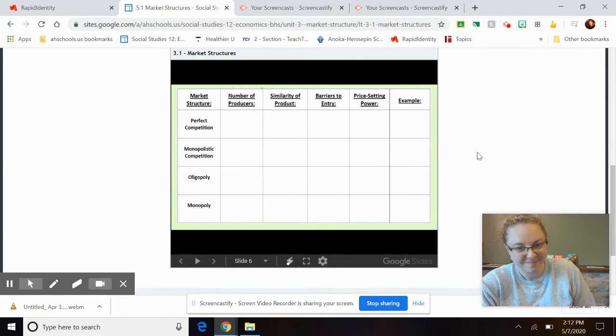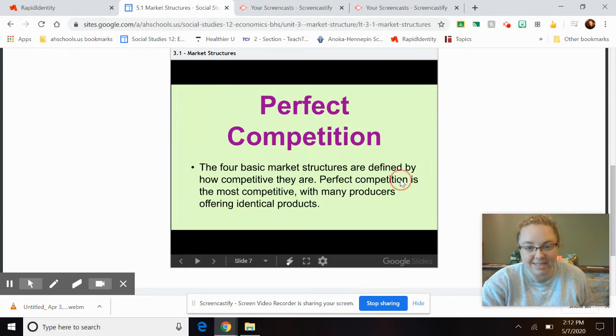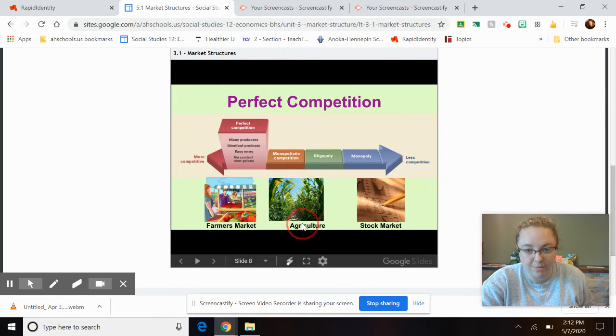So, okay, perfect competition, monopolistic competition, oligopoly, monopoly. That's exactly the spectrum. I'm hoping the next slide is the spectrum. Shows you the spectrum, no? Yes, here we go. This is the spectrum I was talking about. So the spectrum starts on the, I guess, this side for you guys.